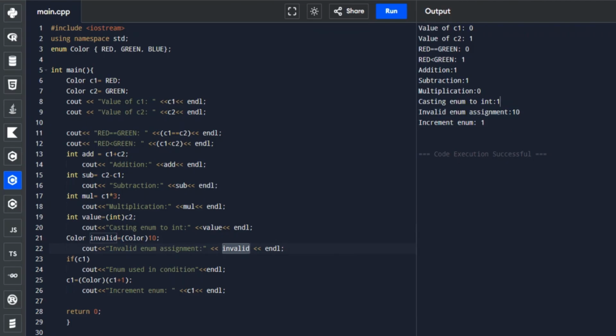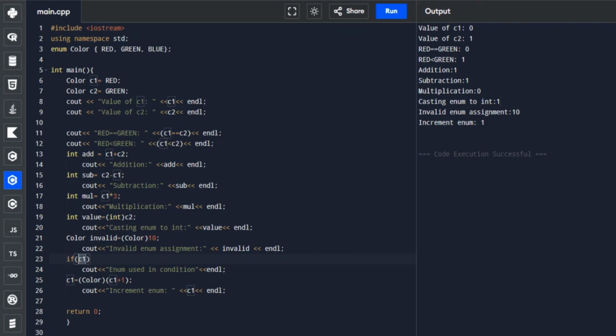And the next thing here is our conditional statement. In our conditional statement, there's no output with this part. It's because this code checks whether the enum variable C1 is true or false in a condition statement. In C++, enumeration values behave like integers.